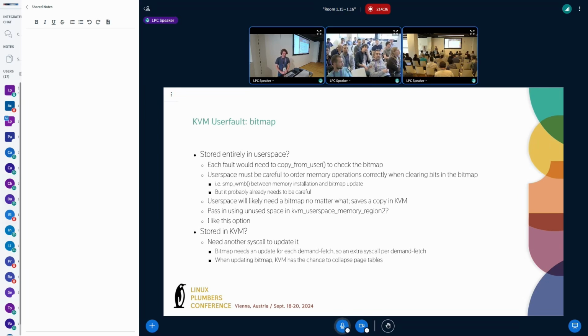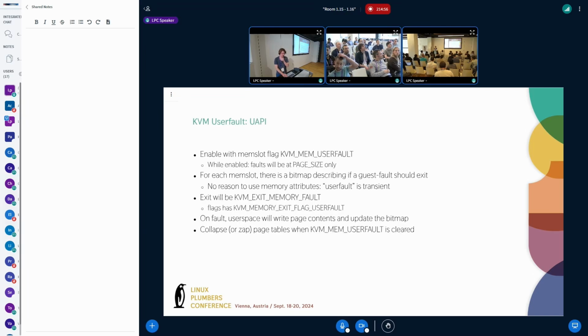Okay, so I think that storing it in user space is a much better idea than storing it in KVM, because it saves even more interface changes that aren't really necessary, and saves having to do a syscall every time you want to allow the vCPU to now access the page that we've just fetched. Was there anything I missed on the last slide? Oh yeah. So